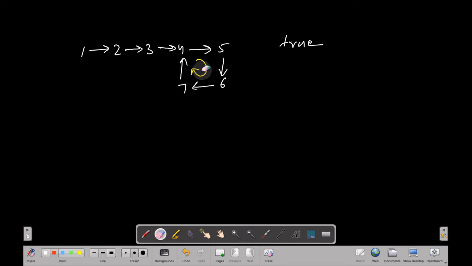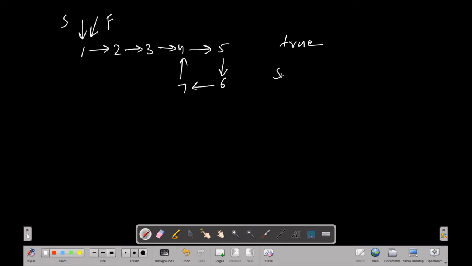So we have our list. In this method we are going to use two pointers. Both are initially set to the head of the list. We will call the first pointer a slow pointer and the second pointer a fast pointer. Why are we calling them this?